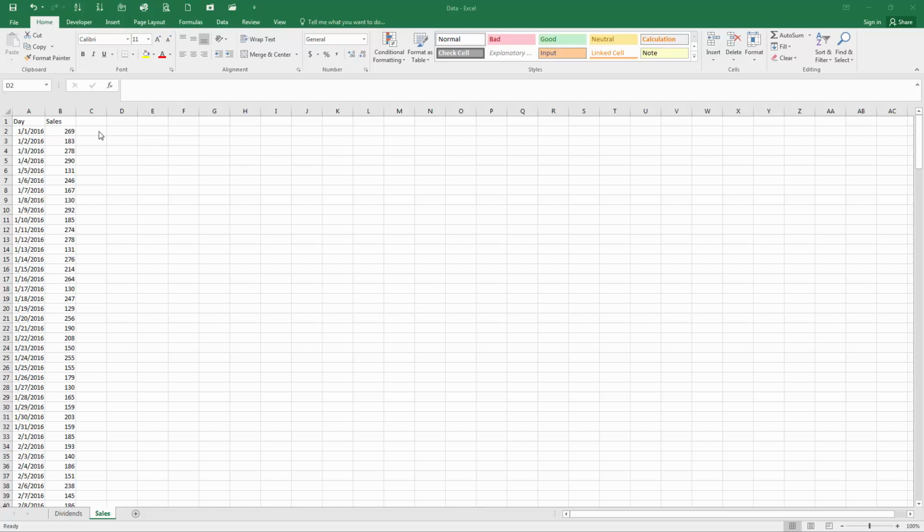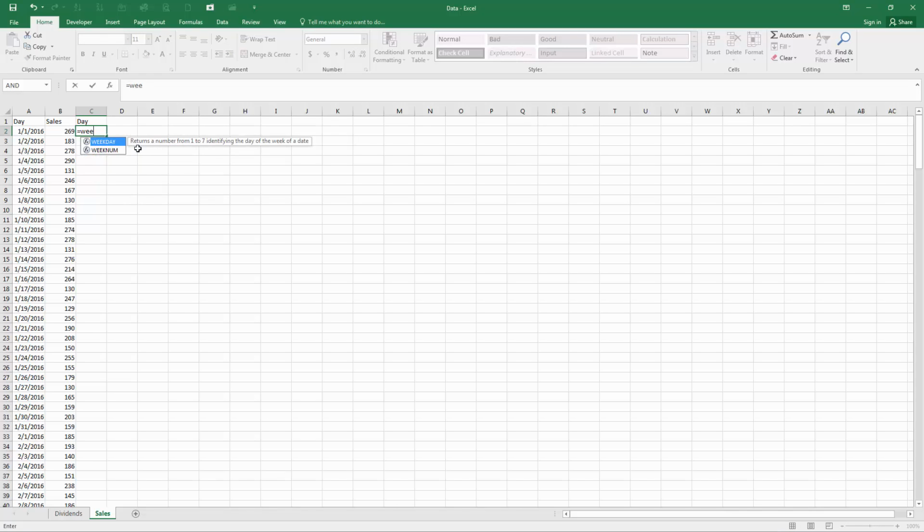Now, let's take a look at the Averageif command. The Averageif command is going to create an average, but based on a certain criteria. In this case, we have our sales by day. What if we wanted to organize them by day of the week? So we're going to use a new formula here. Let's call this column day. In C1, we're going to type in day, and then in C2 we're going to type equals